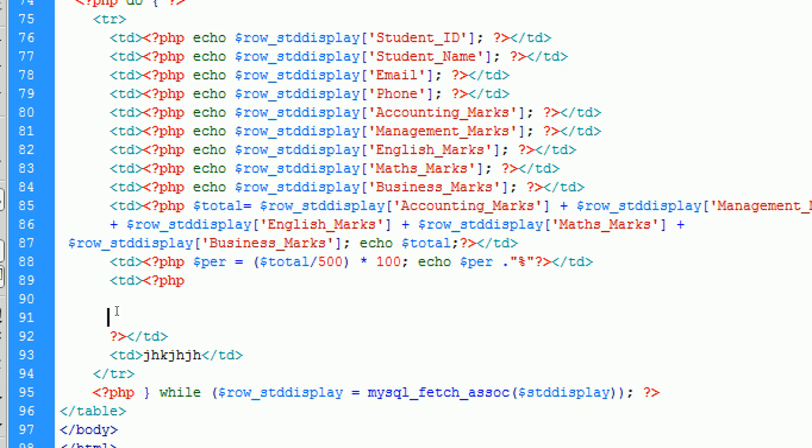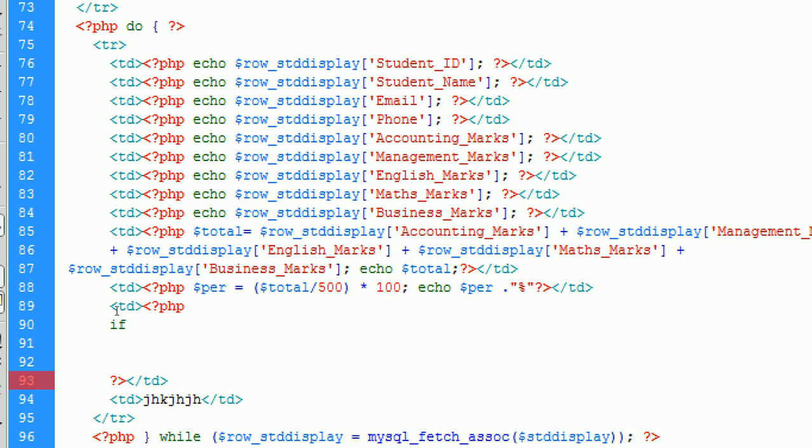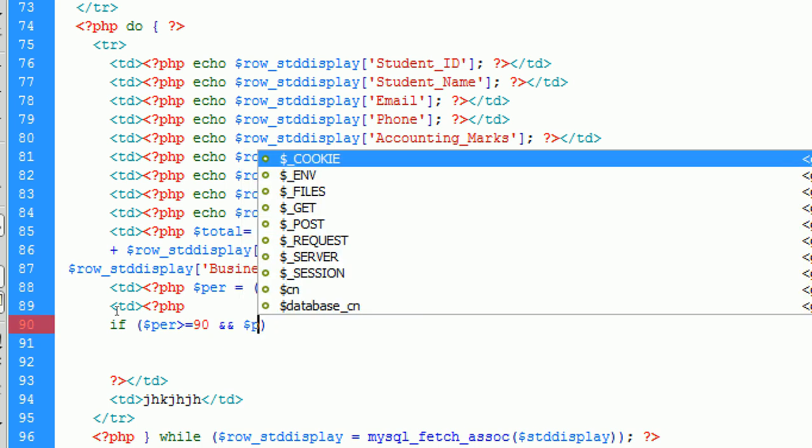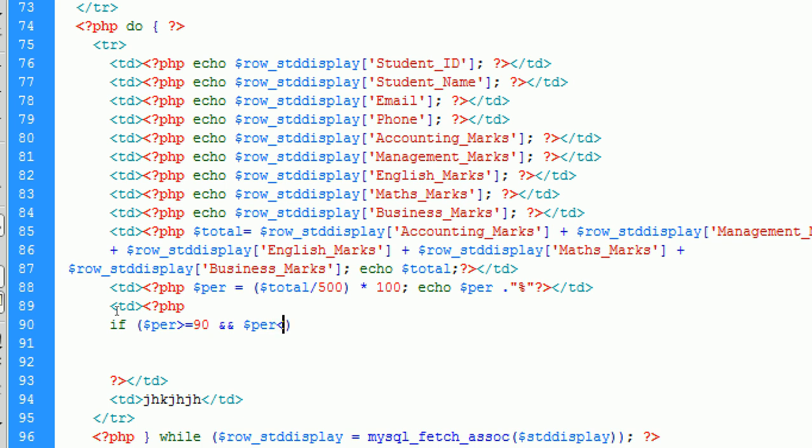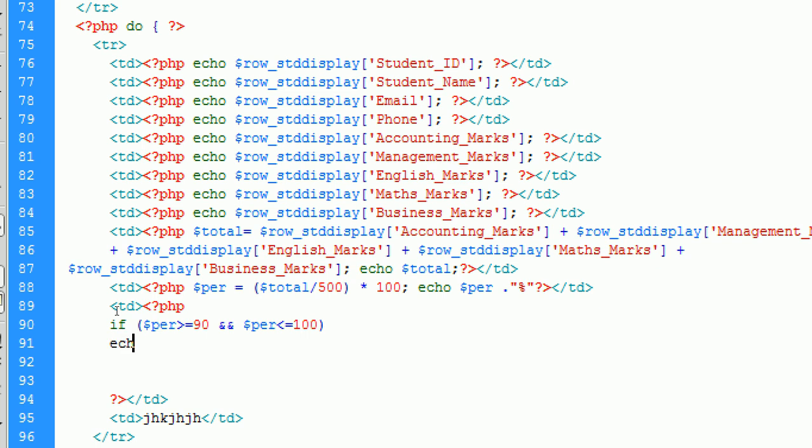So under the PHP script, I have to write if, clear? What if the percentage is greater than or equal to 90, and you can use this AND word, or you can use this AND, or if the percentage is less than or equal to 100. So what should be your grade? Your grade should be A. Else